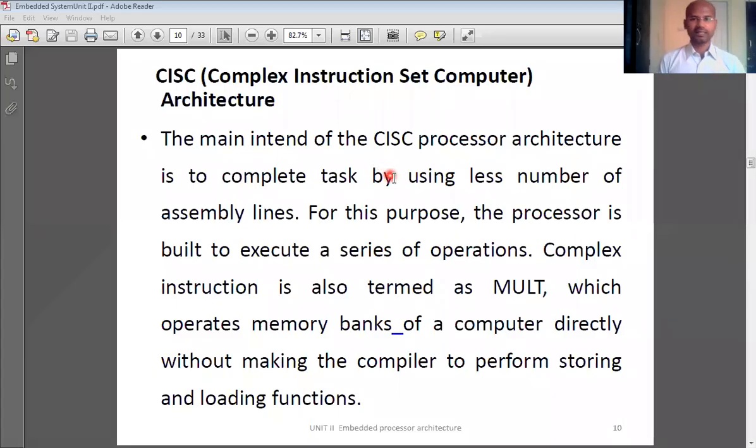In the last class, we started with these two architectures. One is CISC and the other one is RISC. And we have talked about RISC architectures. RISC stands for Reduced Instruction Set Architecture, where each instruction executes in one clock cycle. And they are very simple instructions,